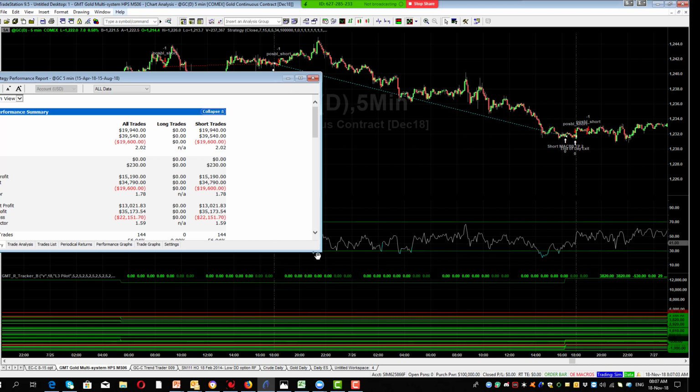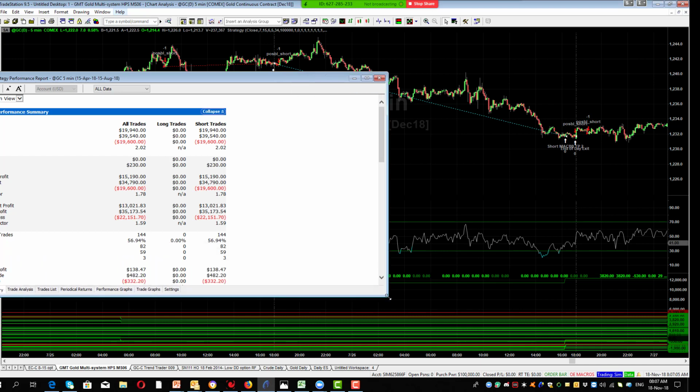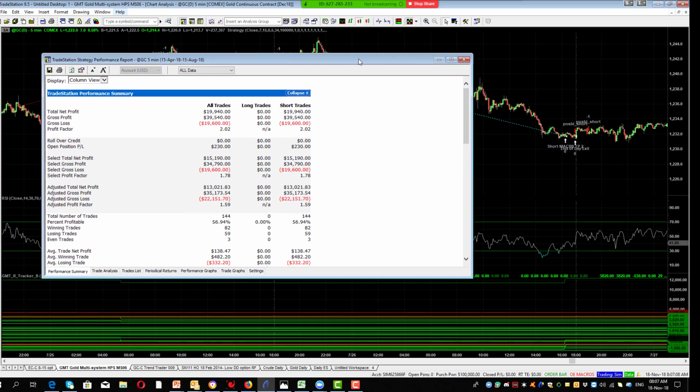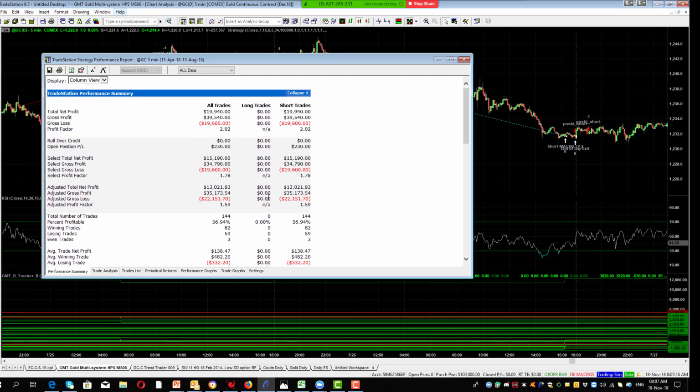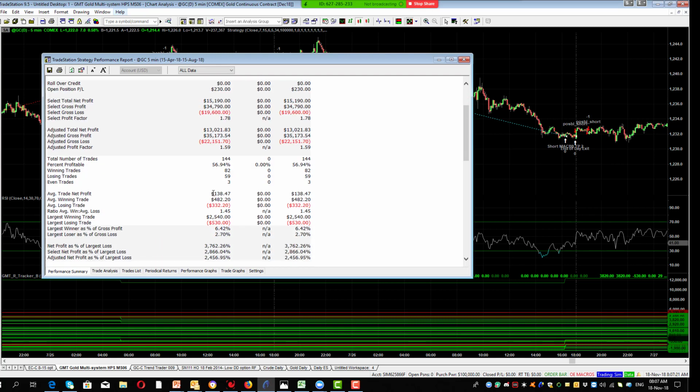We'll break that down. But if we're coming into a period of a potential trend change, like a rally, based on the seasonals, we're not necessarily going to stop trading this today or Monday. We're going to be watching our strategy, just watching our average trade net profit, which is at 138 at the moment. We're going to be watching our win rate and the number of trades we're taking, and making sure that there's no drop off in performance based on seasonals and based on what's happening with the market condition.